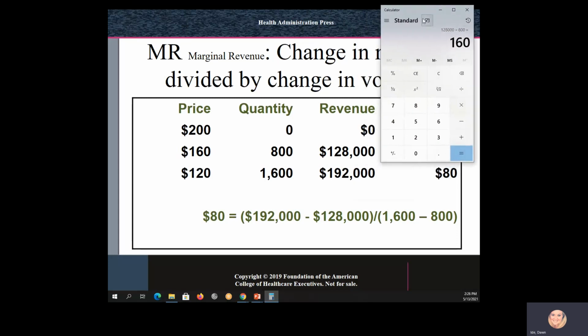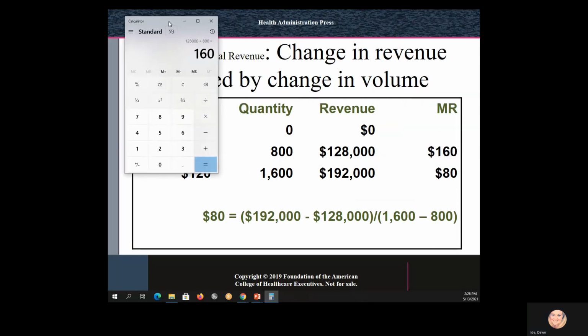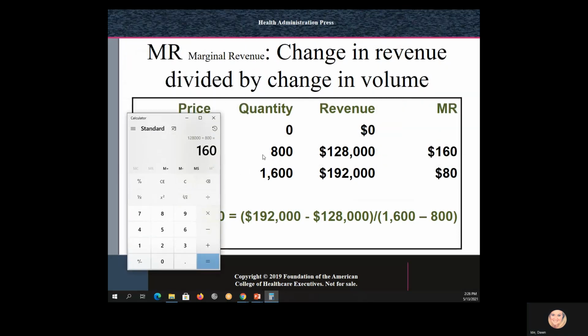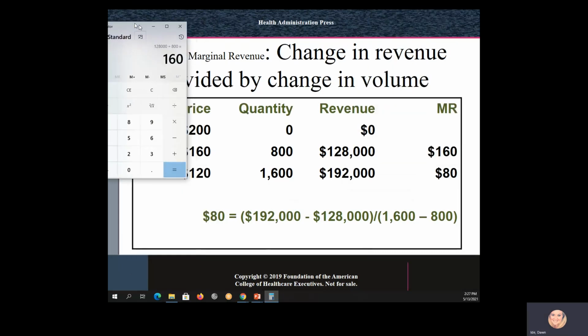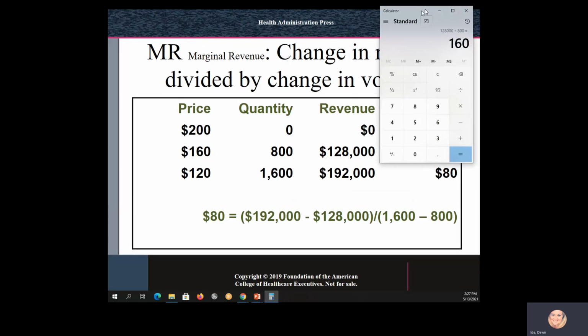128,000, I think I forgot a zero a couple times, divided by 800, right? So the change in revenue, 128,000, divided by the change in volume, 800. 128 divided by 800 equals 160 in marginal revenue. All right, good. Now, what we have to do is